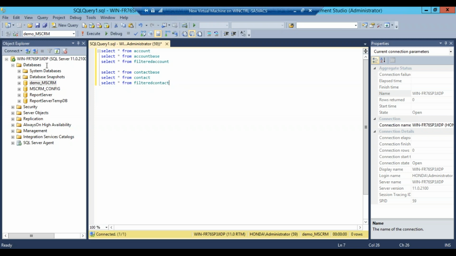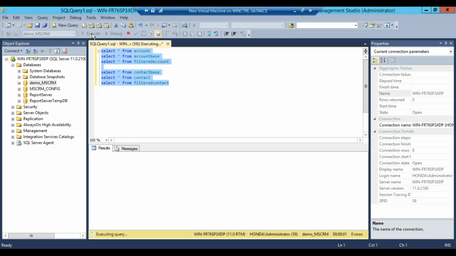So if you notice here, every entity will have three tables, whether it is an account, contact, lead, opportunity, or new entities when you are going to create. Every entity will have three tables. Out of these three tables, one table is a physical table and the remaining two are virtual tables. Virtual tables are nothing but database views. Base is the physical table, and these two are the virtual tables.